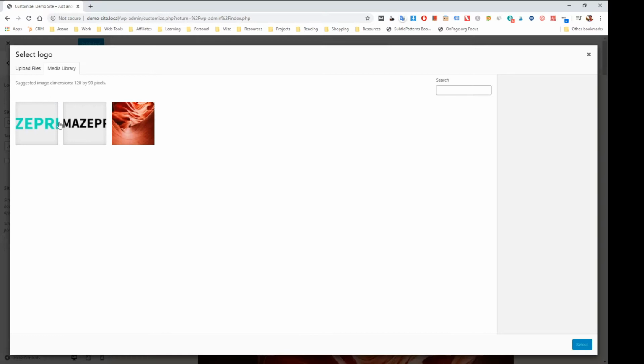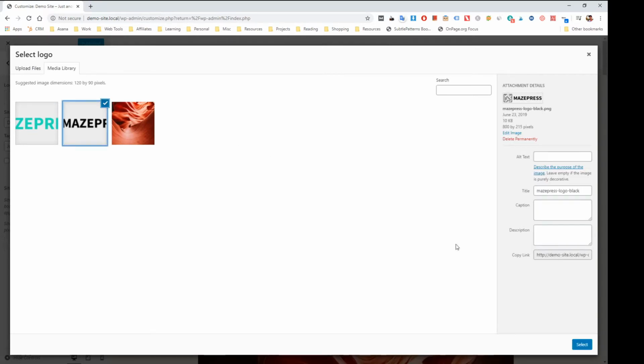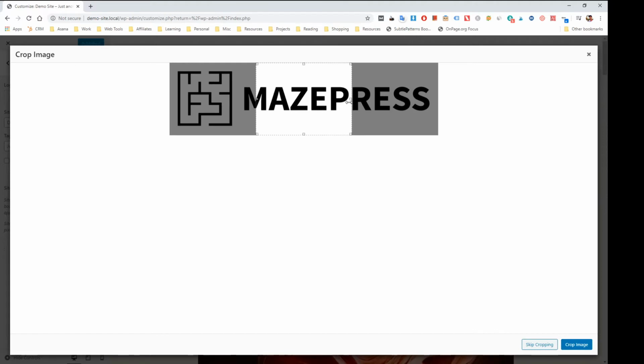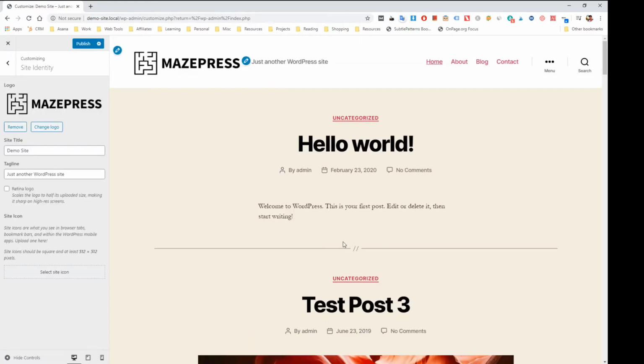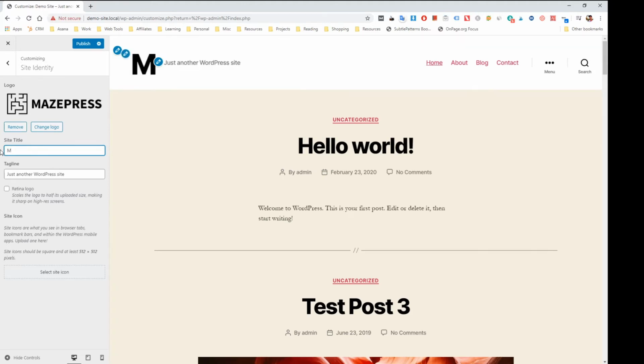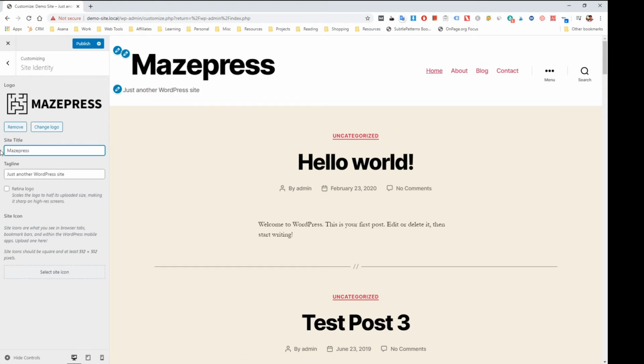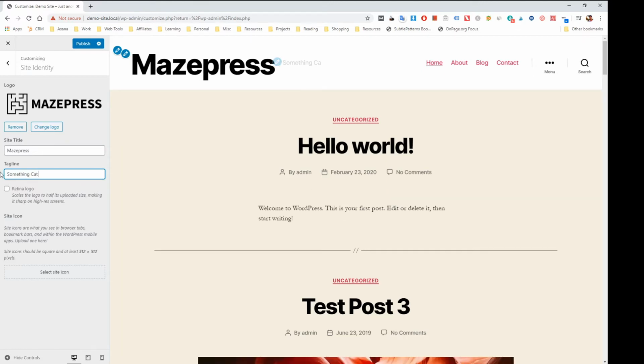So if I go to select a logo and just choose this stock one I've got uploaded, we can choose the size we want to crop, or we can skip cropping. And you can see the logo has replaced the site title. But the site title will still show in the browser bar up here and in other aspects of the website. So you would also want to do the same and match them up. You can then change the tagline to something catchy